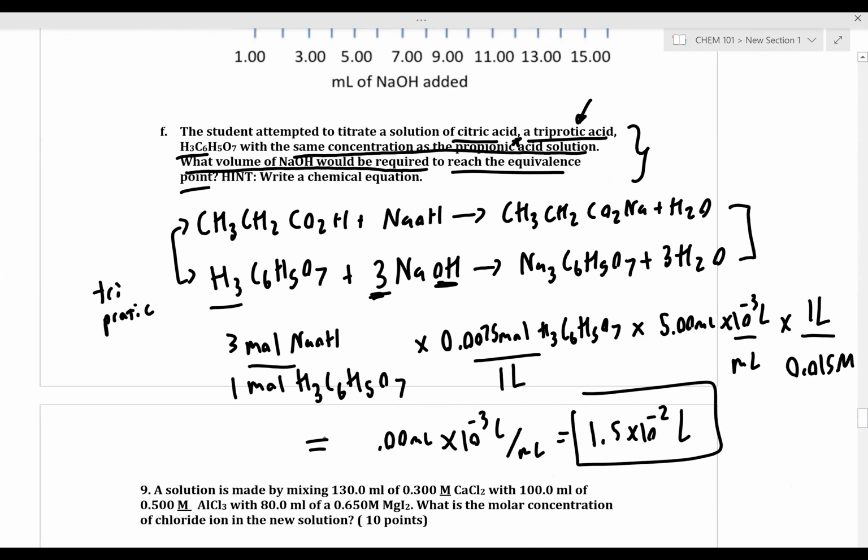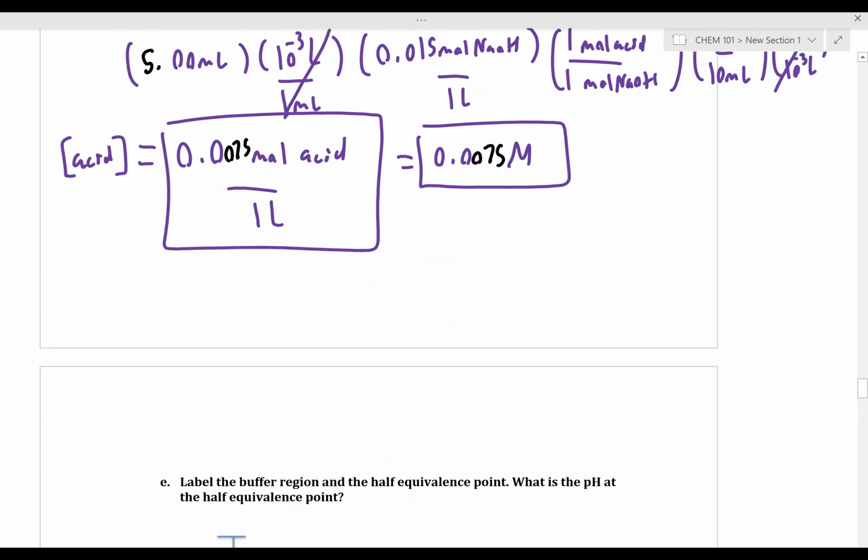And that would give us a volume of 7.5 milliliters. In other words, 7.5 times 10 to the negative third liters. Now, if we compare, it took us 7.5 times 10 to the negative third liters of sodium hydroxide with our triprotic acid. With our monoprotic acid,